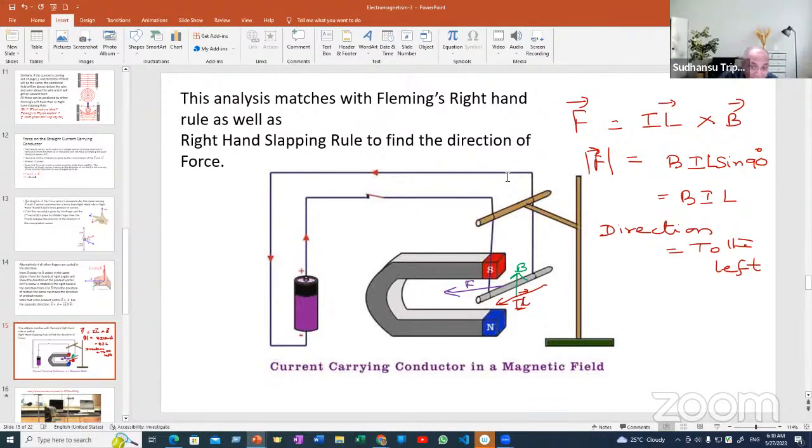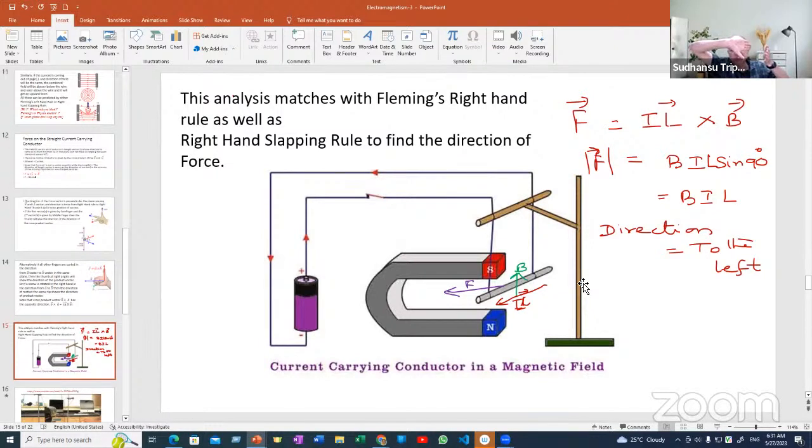So if you now apply the vector product rule, now supposing the length vector is having the direction equal to the current direction. So do like this. You go from the length vector. First is the length vector, you can't change that. That is the rule. First the length vector, then the B vector. So since this current is in this direction, it is shown by the other fingers, because that is a vector. Then we will go to the direction of